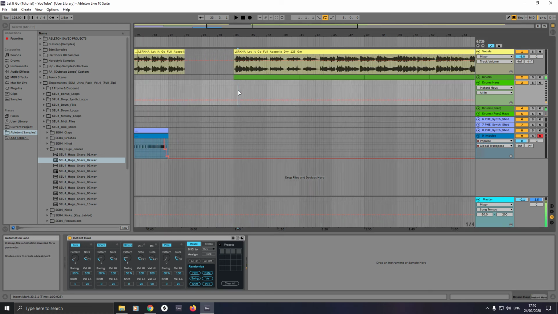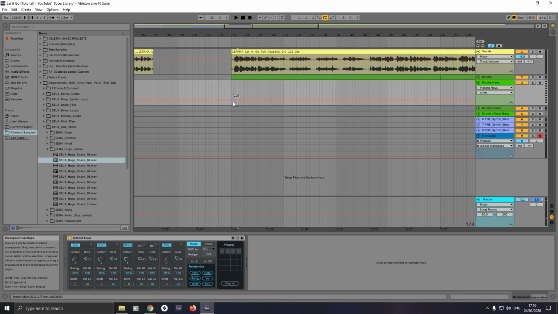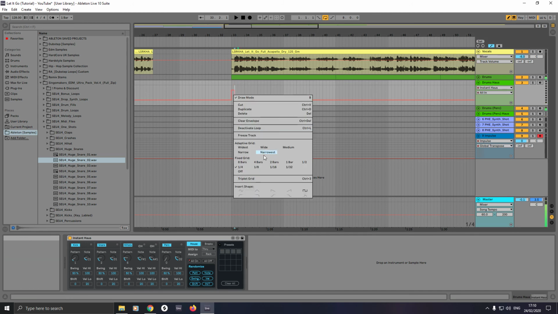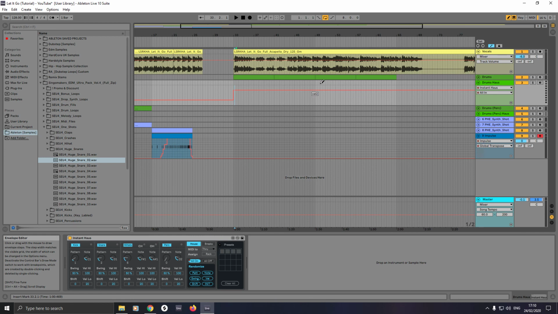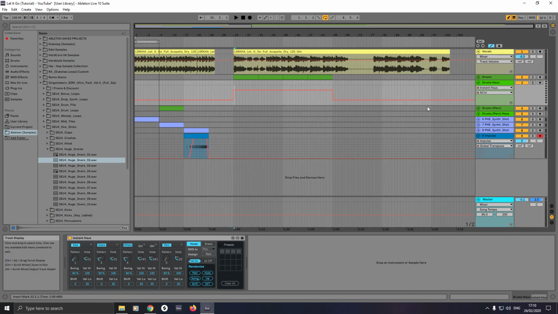zoom in a bit, right click, show automation, right click and go to half note, then just go up to it says file 2 and drag along, zoom out a bit, drag along, include all your drums. Then what you got to do is go to all off, go to show automation, and